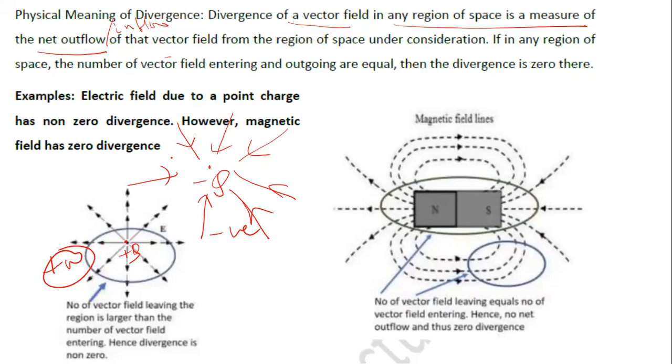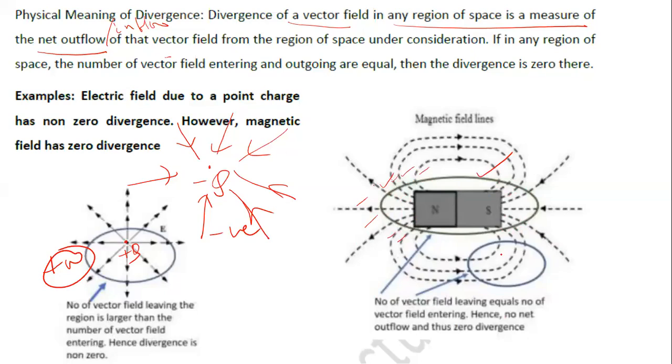All right. But if you consider a magnetic field, you know that magnetic poles always exist in pairs. The magnetic lines of force originate from the North Pole and terminate at the South Pole. So for every magnetic line of force originating from the North Pole, there will be a line terminating at the South Pole, right? So if you consider the region of space bounded by this surface here, you can count how many magnetic field vectors are leaving this: 1, 2, 3, 4, 5, 6, 7, 8, and correspondingly 8 of them will enter this